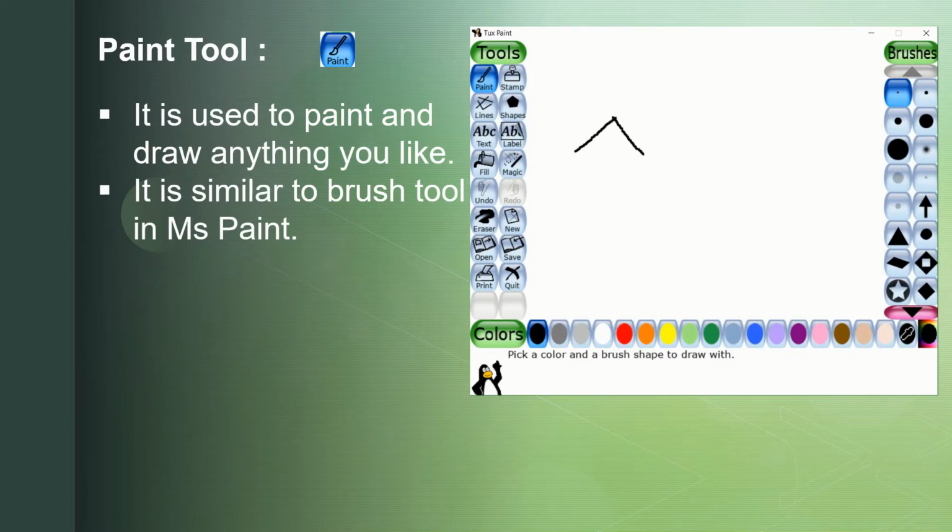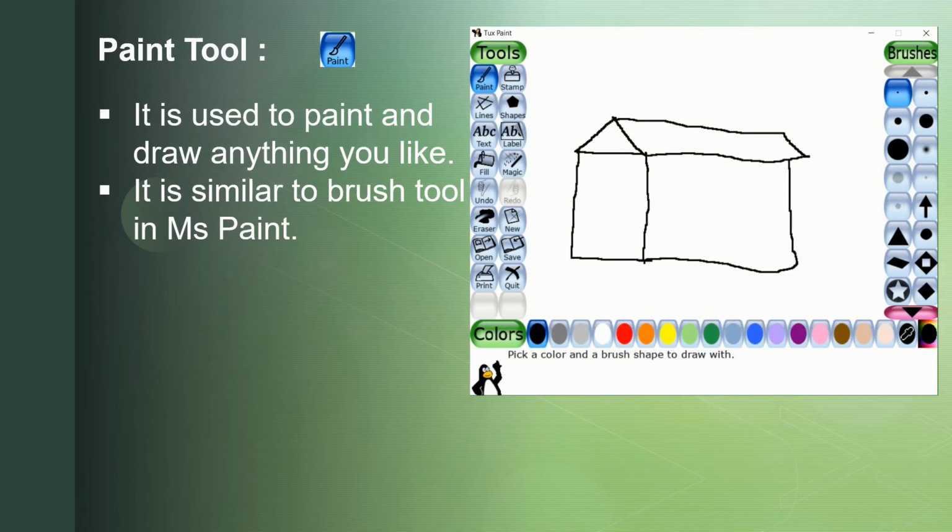You can see, with the help of the pen tool, the teacher has drawn something, that is a house. Even we have drawn the house in MS Paint also.